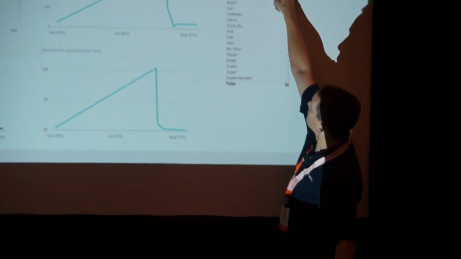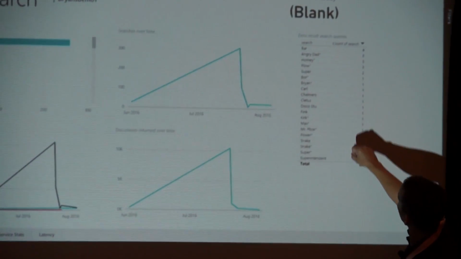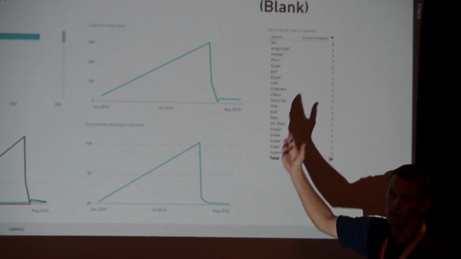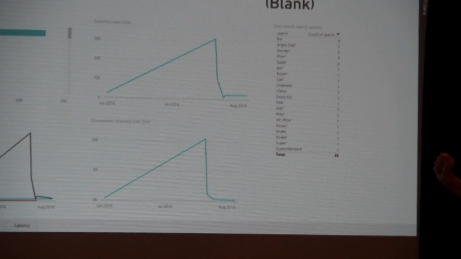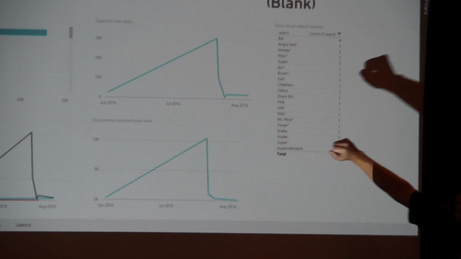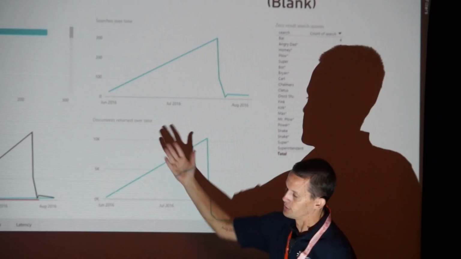No, this is the actual report. So this is what's actually happening with your search. These are when people are searching for things that aren't there, or the most popular search, BAR. I get the most results back from that, so that's the one I use the most. And then this is searches over time, and so you get all this information, and it reprocesses those logs every couple hours, I don't know exactly. You can look at the indexing, how many documents are indexed over time, how many indexing requests there were, the service stats itself,